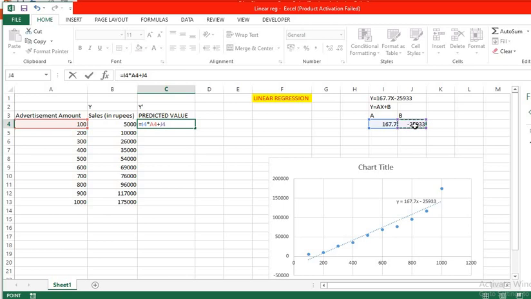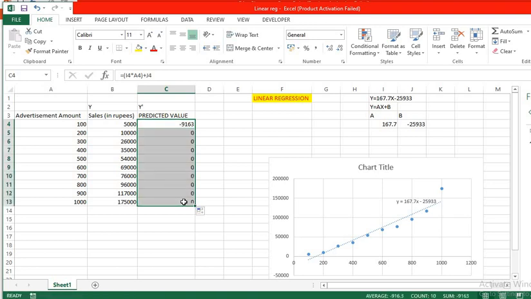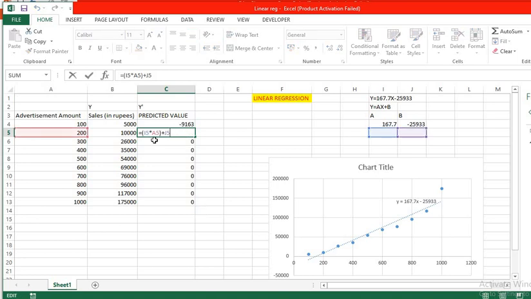The b value is in J4. I'm just selecting this. Since multiplication and addition are involved, I'm using brackets. So the predicted value is 9163. If I drag this, I should get the value for the others, but I'm not getting it. Why? Because if you click this and check the equation,